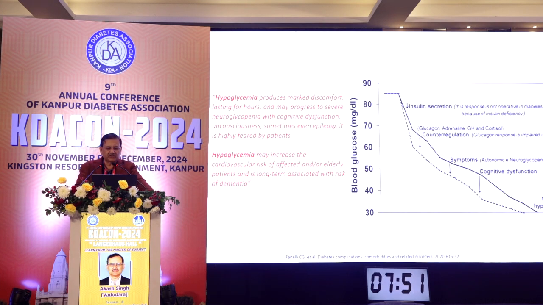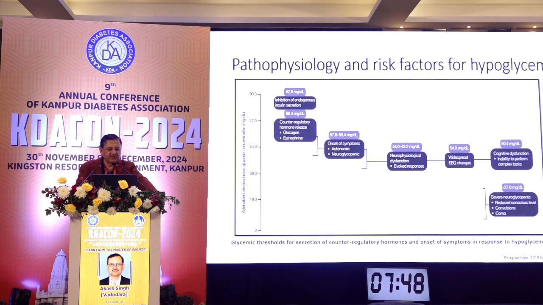You can see that once the sugar drops to around 80 to 85, initially the insulin levels go down. That prevents a further decrease in sugars. Once it goes down to around 68.4, the counter-regulatory hormones kick in, that is glucagon and epinephrine. If it still goes down to 57.6 to 50.4, there is onset of symptoms, both autonomic and neuroglycopenic. At this moment the person recognizes that something is wrong and tends to eat sweets to prevent it. If still nothing is done,